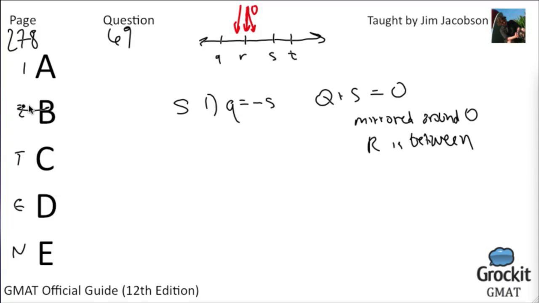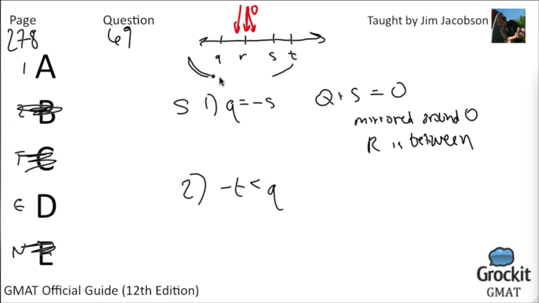So it's sufficient, it's not B, and it's not C or E. Statement 2, the opposite of T is less than Q. Well, what this tells us is that Q is closer to 0 than T is, because if the opposite of T is less than Q,